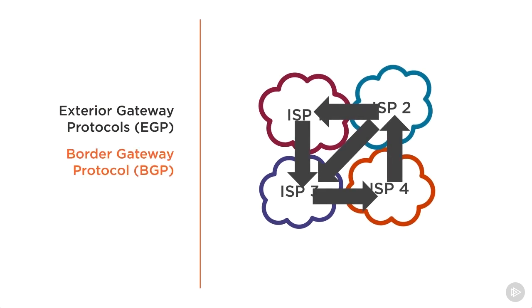So our exterior gateway protocols, EGP, there's only one really that we use, and that is Border Gateway Protocol, or BGP. In a few modules down the road in this course, we're actually going to talk about BGP in more detail. BGP is a path vector protocol, and what that means effectively, at least my interpretation of it, is